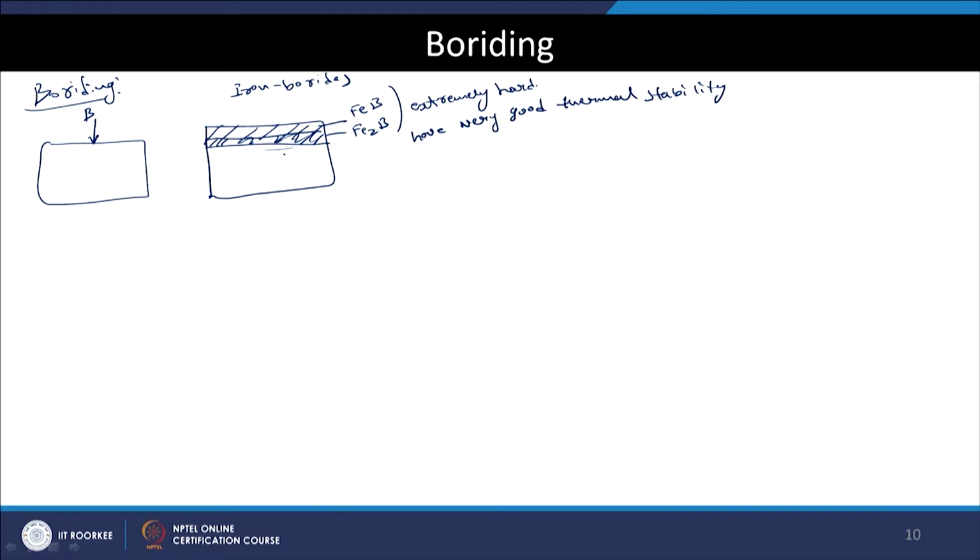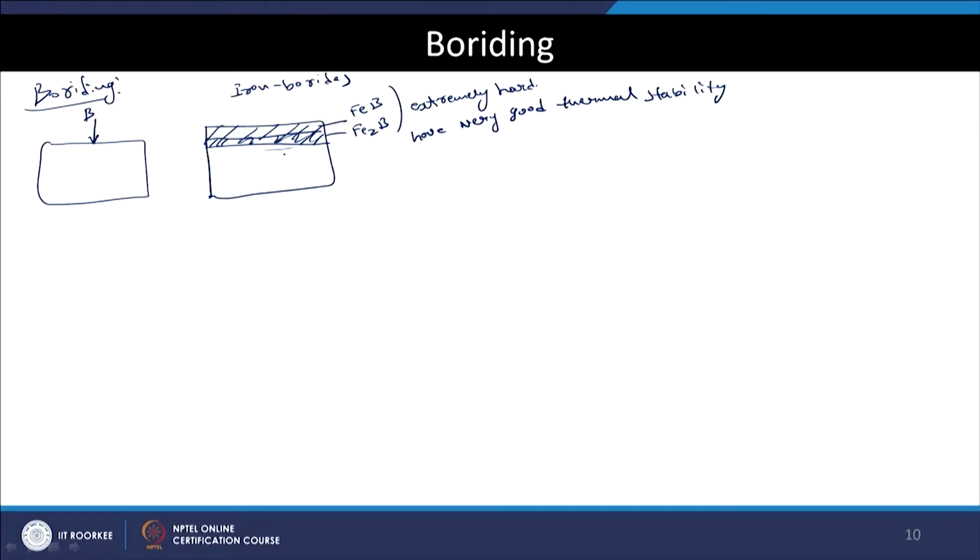So, this is the disadvantage, for example, in case of nitriding. For example, you do the nitriding and then somehow you want to, let us say, change the microstructure of the entire bulk of the sample. That means you need to heat up to the austenitic region and then cool it down, where you lose all the nitrided region, because all the nitrogen will try to diffuse into the bulk of the sample. So, that becomes a disadvantage of the nitriding treatment, but in this case because these boride layers are extremely hard and have a very good thermal stability, by having these layers produced, you can still do the heat treatments to the sample.